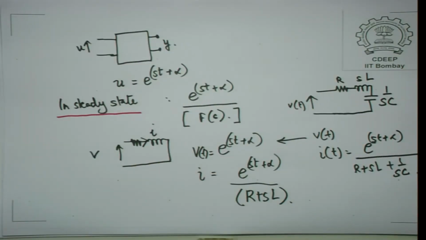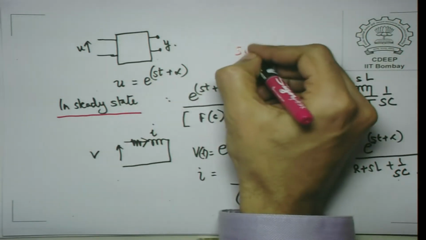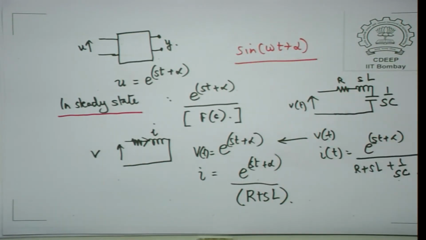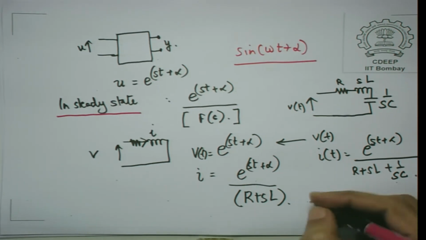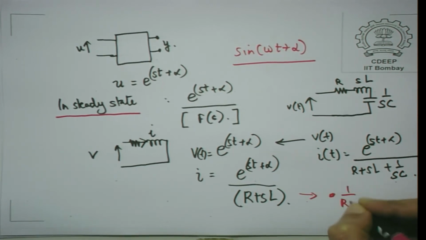In fact, since we know that sin omega t can be written in terms of e raised to j omega t and e raised to minus j omega t, an interesting thing is that just by plugging in s equal to j omega, you can get the information of what would happen when you have an input not e raised to st, but sin omega t plus alpha. So, if you want to know what happens when you put in sin omega t plus alpha, all you have to do is plug in s equal to j omega, and you will find that in that case 1 upon R plus sL will effectively become